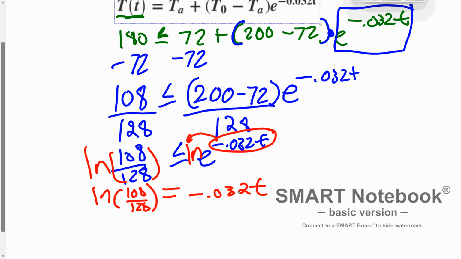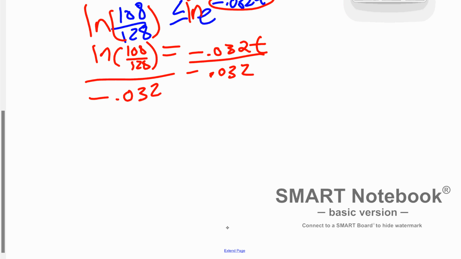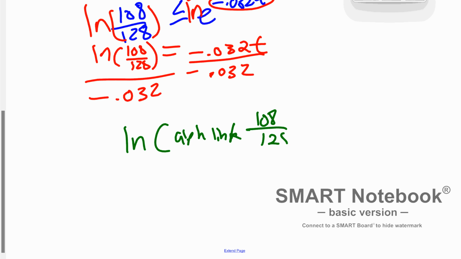And then to get rid of multiplying by negative 0.032, I just divide by negative 0.032. And so I just type all this into my calculator. How I might do it on calculators in the classroom is I might type ln, it'll bring up a parenthesis, and then I hit alpha link to put in the fraction bar. So it does a fraction bar for me. I can put in 108, then I can arrow down, put in 128, arrow over, close that parenthesis, and then